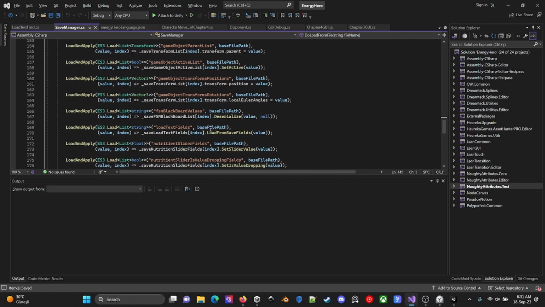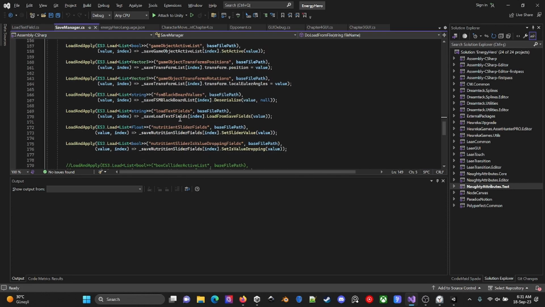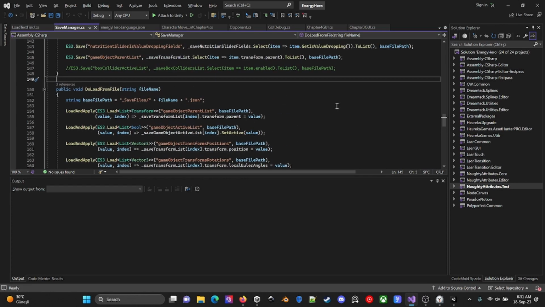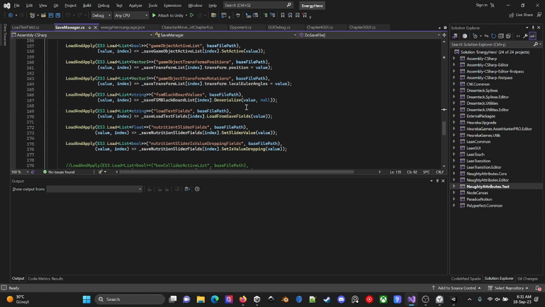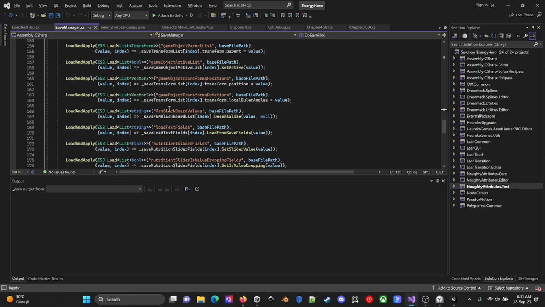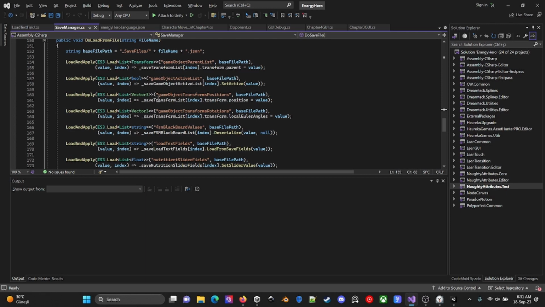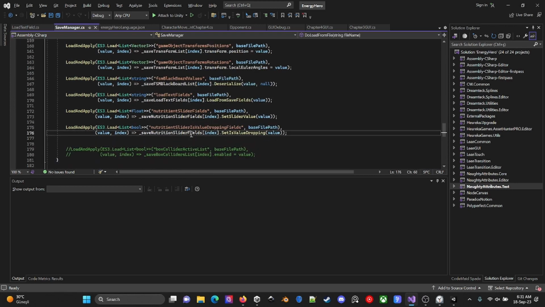This is my do load from file, and this section is responsible for both of the constraints, position constraint list in here. Load text on nutrition slider.